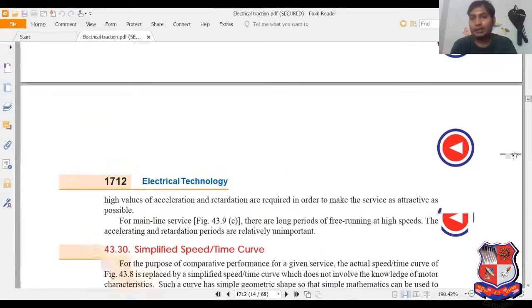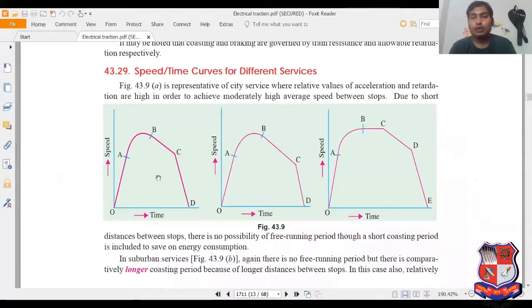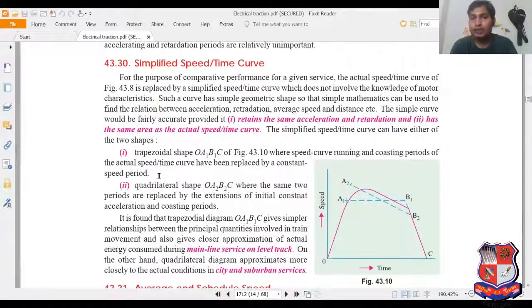But as you can see, these graphs are not ordinary, or we are not aware of these kinds of graphs. They are not regularly occurring graphs, but we can simplify them to known graphs which are easier to understand, and we can calculate the area of those. But when simplifying, we will keep in mind that there should not be very drastic simplification. So here are simplified speed time curves.